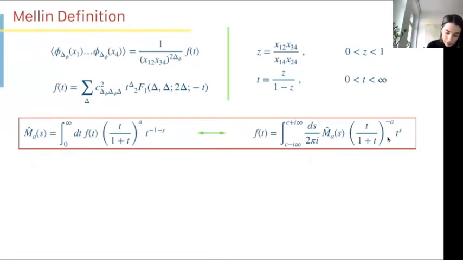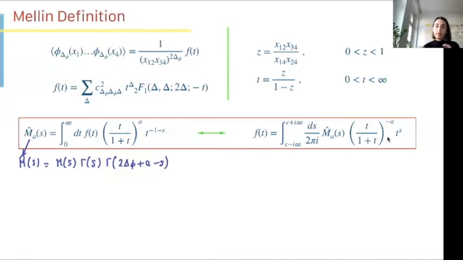In this particular case, you see M hat. M hat is not really the Mellin, it's called the reduced Mellin. M hat is just a product of the Mellin times some gamma function, gamma of 2 delta phi plus a minus s. In particular, this gamma function needs to be factored out for some applications because it carries an essential singularity at infinity, and we don't want it to be on the shoulders of our Mellin, M of s. So we have the parameter a here, and I'm going to comment on it in a second, and s,